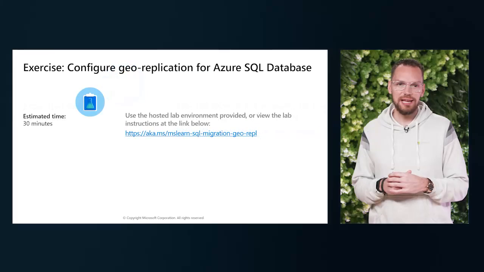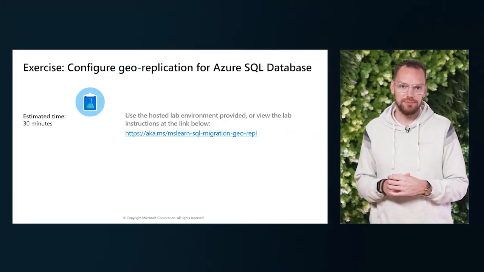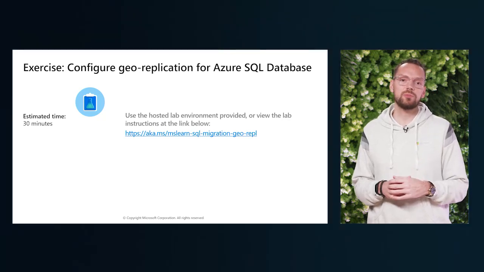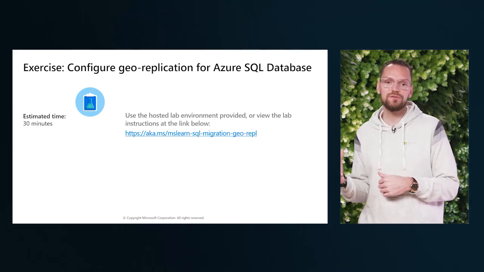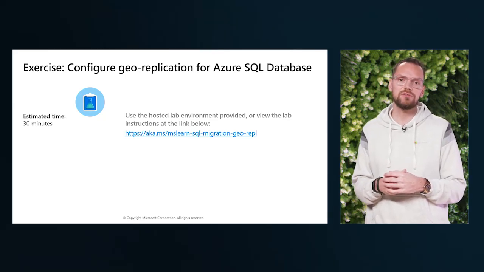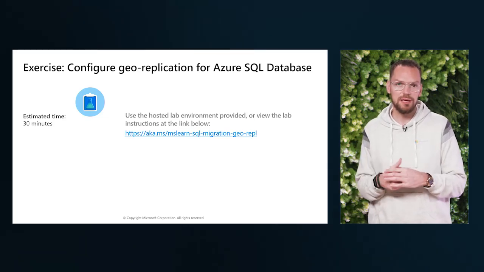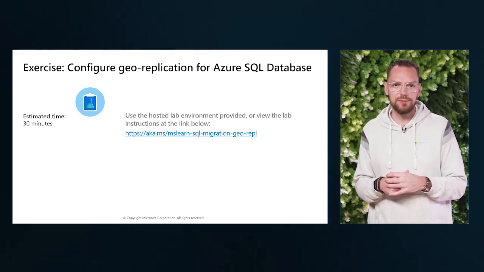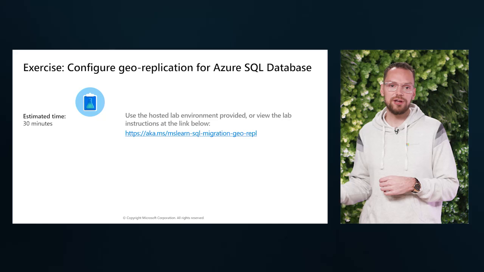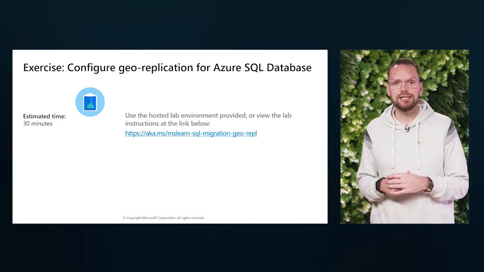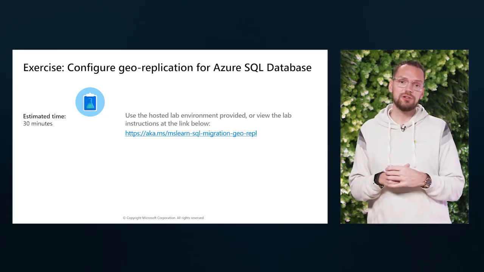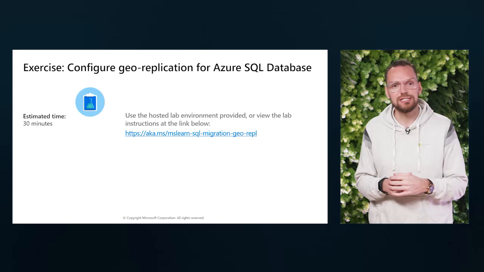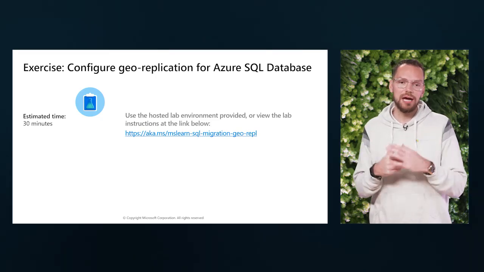All right, so in this demo, we will enable geo-replication for an Azure SQL database. This demo is designed to provide a comprehensive hands-on experience, allowing you to understand and implement the critical steps required for ensuring the resilience and high availability of your SQL database across regions. You will learn how to create a replica of your database, set up a new server for the secondary database, and then perform a failover to a secondary region. Additionally, you will gain insight into monitoring the status of your deployments and understanding the role of geo-secondary or geo-replicas in Azure SQL Database management. So let's go ahead and do it together.